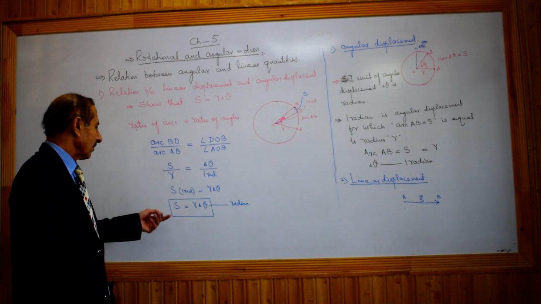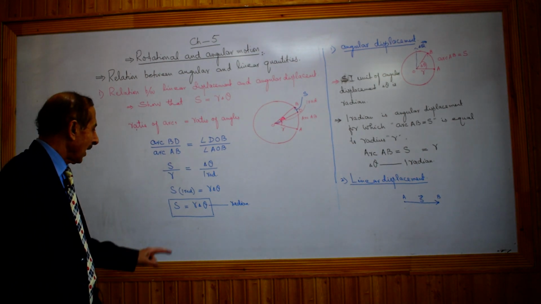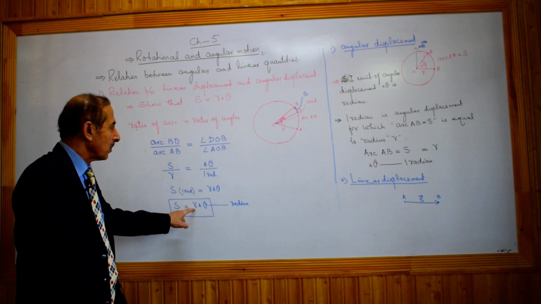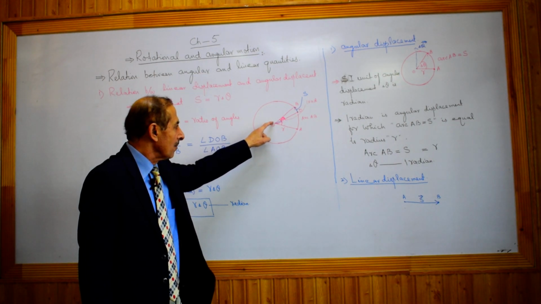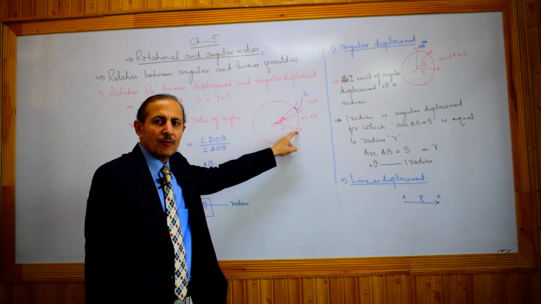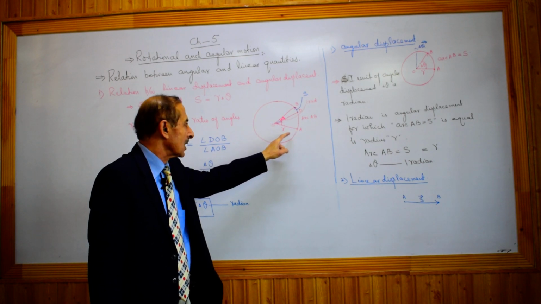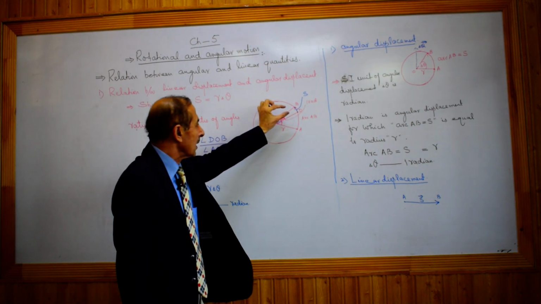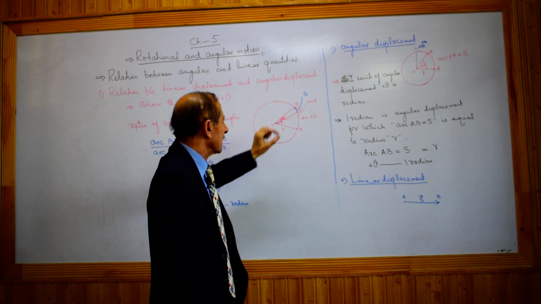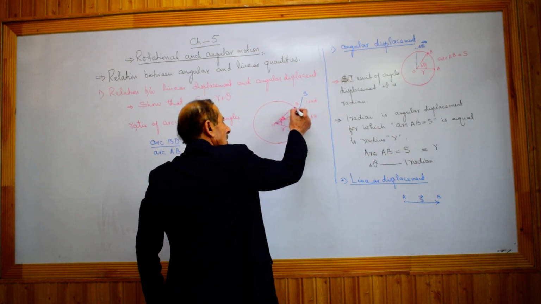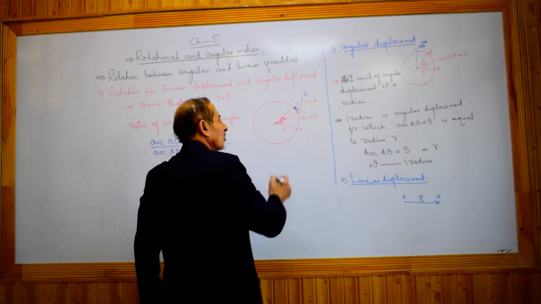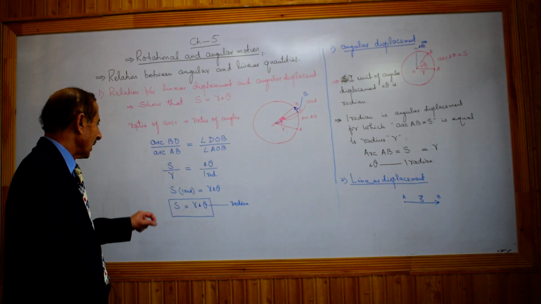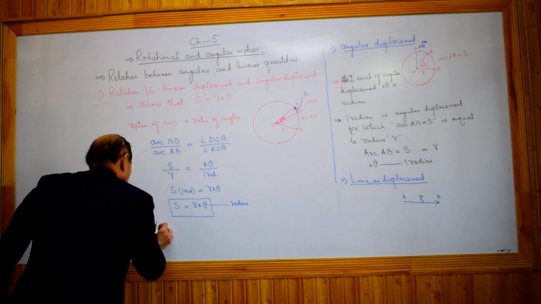Now we can write this equation in vector quantity also. Angular displacement is a vector quantity. Radius is the displacement between the center of the circle and any point on the circumference of the circle. So it is a displacement. Radius is a displacement, and the small arc is considered as a displacement which is a straight line. So S is also a vector quantity, linear displacement. So in vector form,